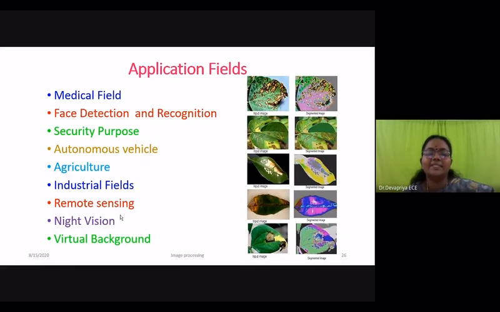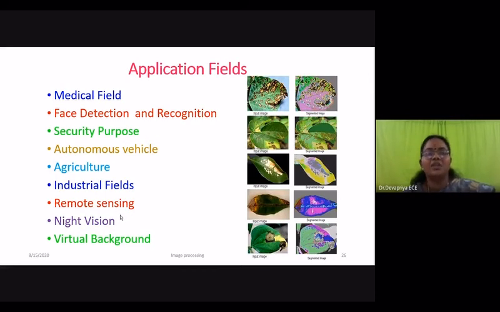Then face detection and recognition. If you show an image, it has to locate where the face is. When you're taking a photo, it will first locate your face, because if the face is exact, then the image quality will be good. Face detection says where the face is.